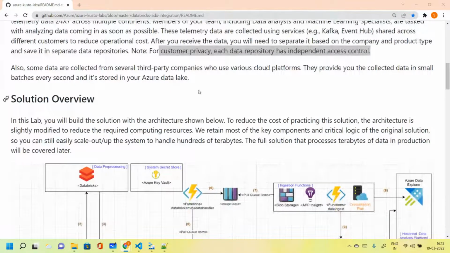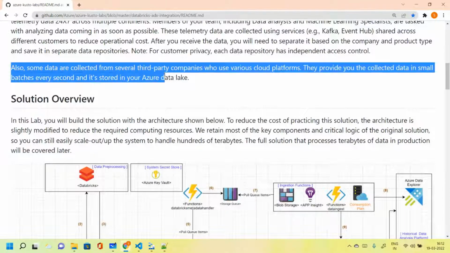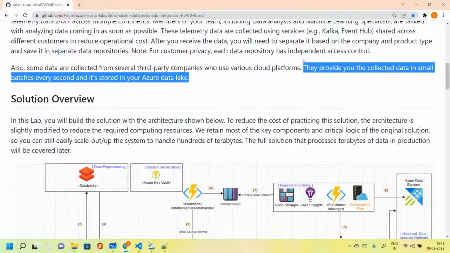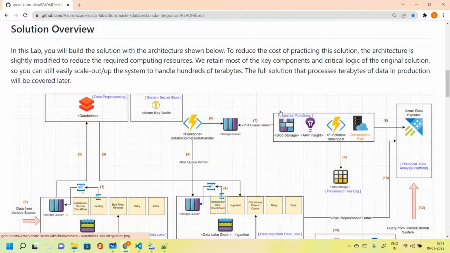So okay, now also some data is collected from various third-party companies using other options as well. They provide the collected data in a small batch every second, and it is stored in the data lake. So apart from the streams, we are also getting data in batches. And the solution which Microsoft suggests for companies who are working in similar fields or who have similar problems is